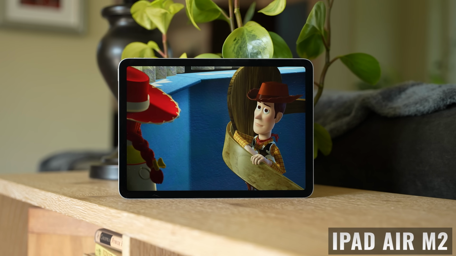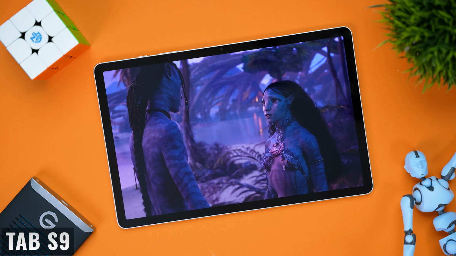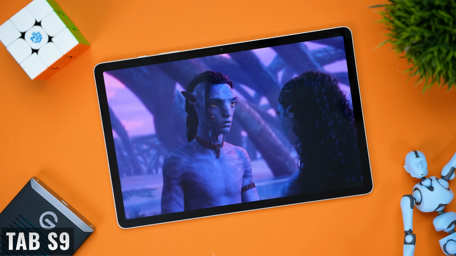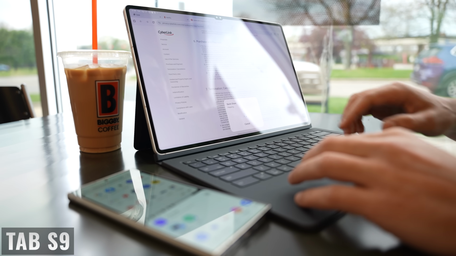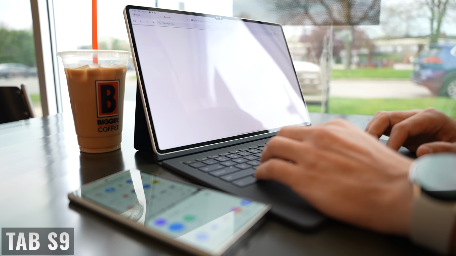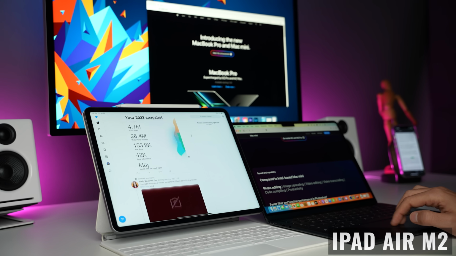Now, as far as operating system support, Apple has always provided excellent long-term support. And while Samsung offers 4 years of OS updates and 5 years of security updates, Apple still has the edge here if that's a priority for you. I also want you to consider the ecosystem that you're in, because there are definitely advantages when you stay within your current ecosystem. So things like wireless file sharing, link sharing, and other continuity features work better with multiple devices within the same ecosystem. And while Samsung continues to improve here, I'm going to give the slight edge to the iPad because Apple has full control over the software and the hardware of all of their devices,